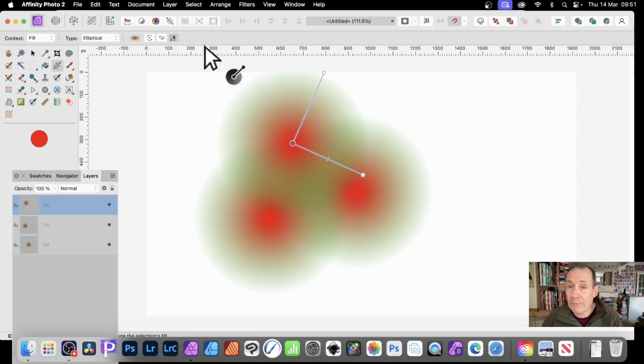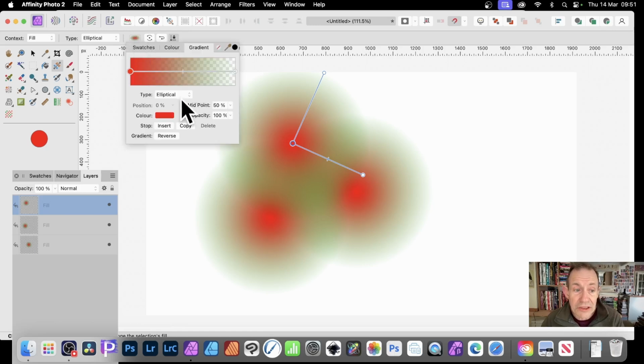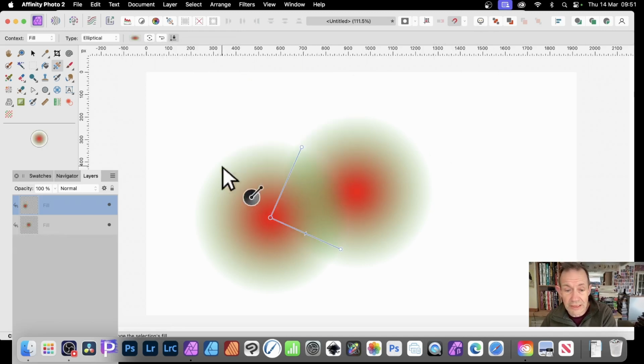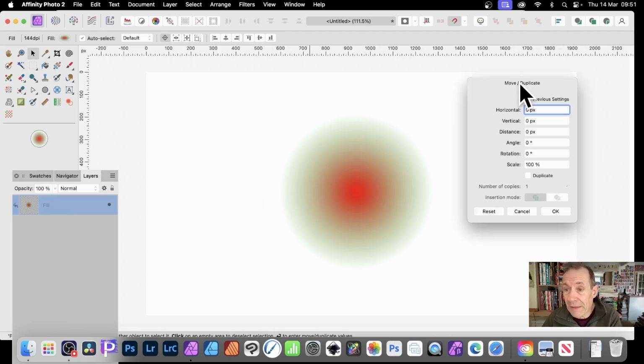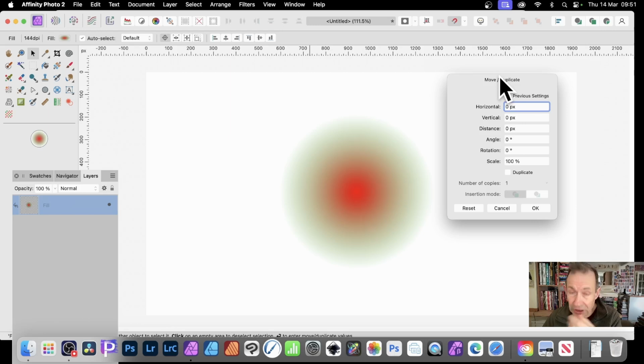So you can, of course, add more than that transparency. If you want, click here, and you can see you can add additional stops, and they can also have different opacity. But what you can also do, let's just remove this now, is you can delete that one and that one. And you can use a number of options with this, the Move tool. So as long as it's selected, you can press Return or Enter on the keyboard, and this panel will pop up. Now, unfortunately, not a vast number of options are available. You can't use scale. So if I try the scale,